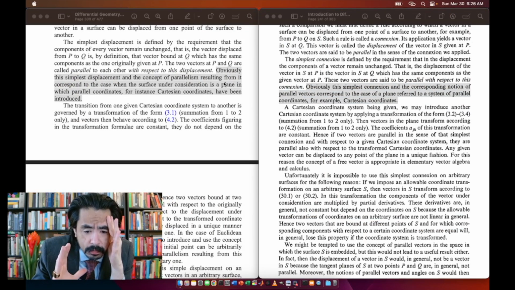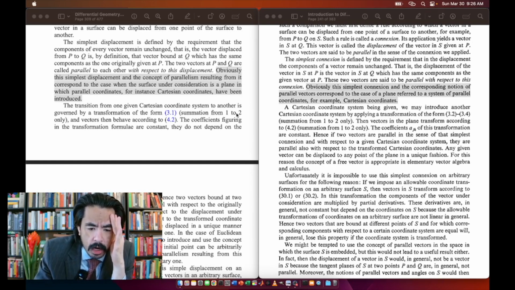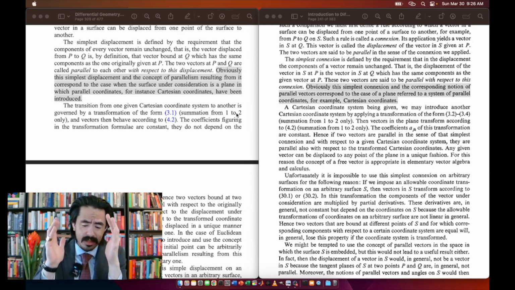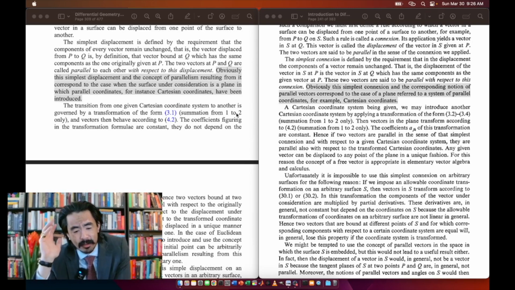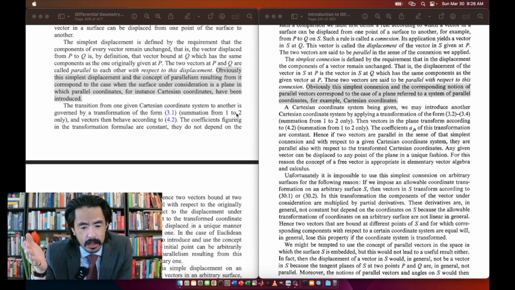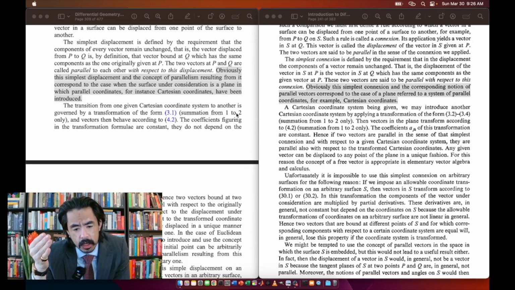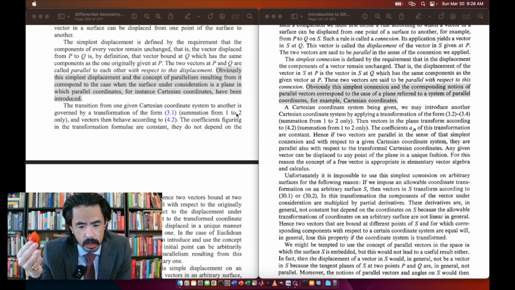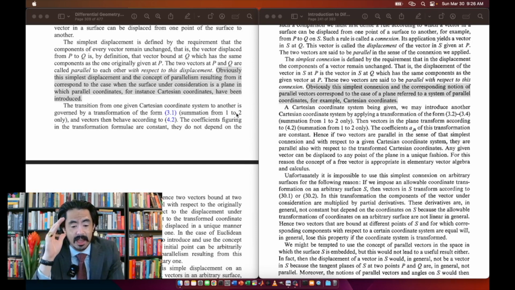Obviously, this simplest displacement and the concept of parallelism resulting from it correspond to the case when the surface under consideration is a plane in which parallel coordinates, for instance Cartesian coordinates, have been introduced. So that's like, right, this guy says, obviously, this and this resulting from it correspond to the case when the this under consideration is a this, in which something, for instance, have been introduced. Like that